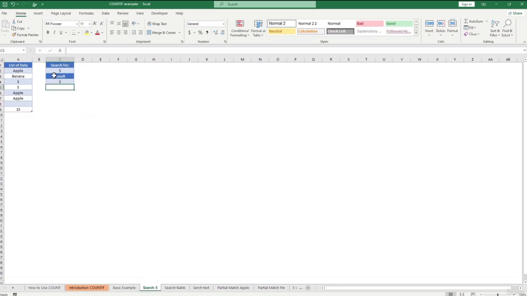Here, if I'm looking for 5, or if you want something like a number, you can use it here. Then the next one is the blank. If I want to take out this one, it finds the blank. Same formula, you can use the range and criteria. I select the criteria, this one. You can add the blank. Like if I check this blank one, and if I use this one,